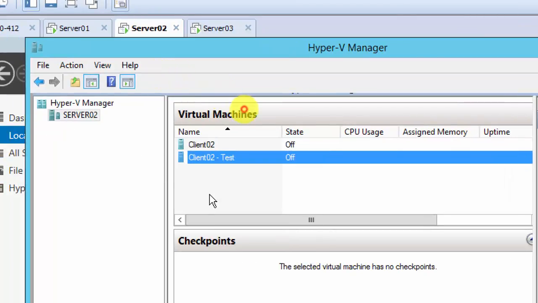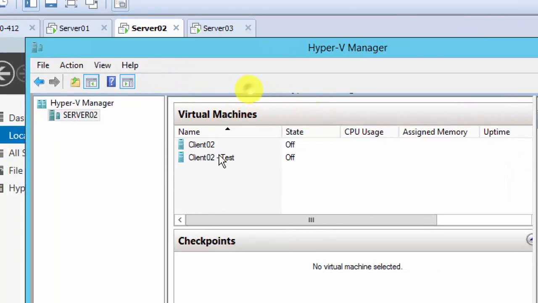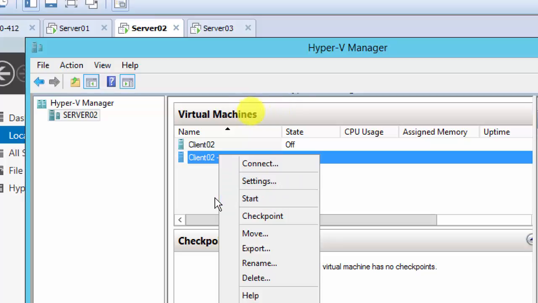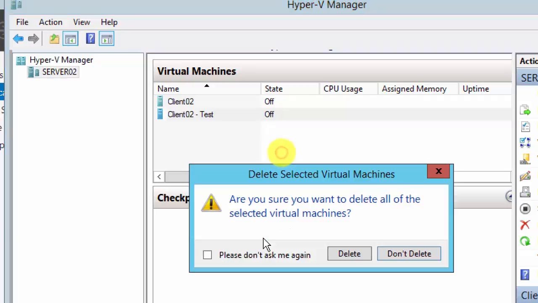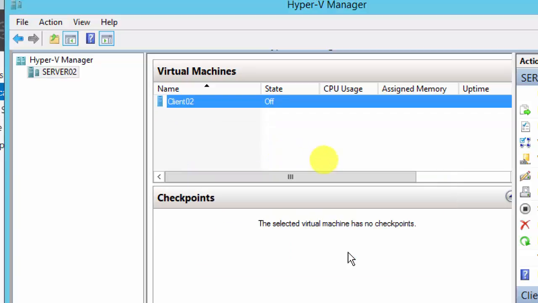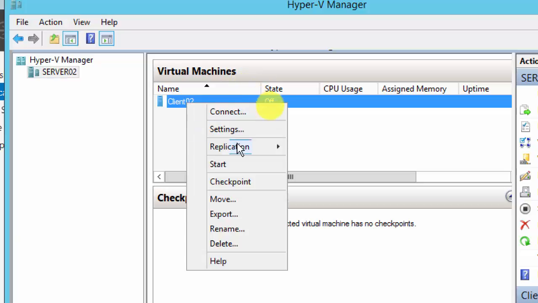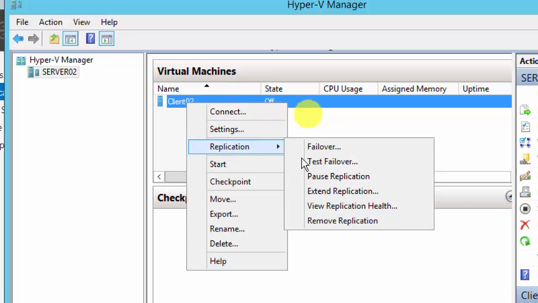Well, it's not started now. Should I just delete it or remove server? So delete. I'm just going to delete that. It's a test machine, just an exact copy, but has nothing to do with the actual machine. So delete. Second thing is, on the copy side there is test failover, which creates a